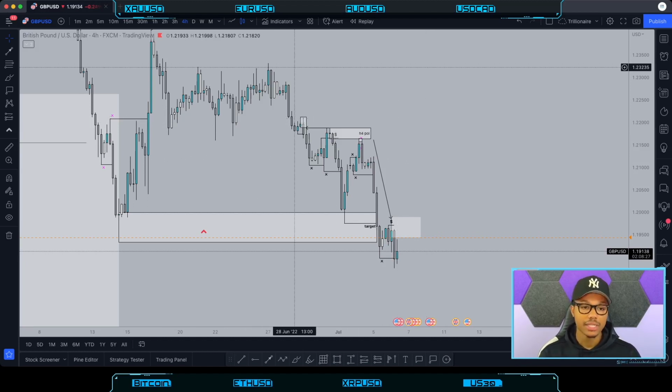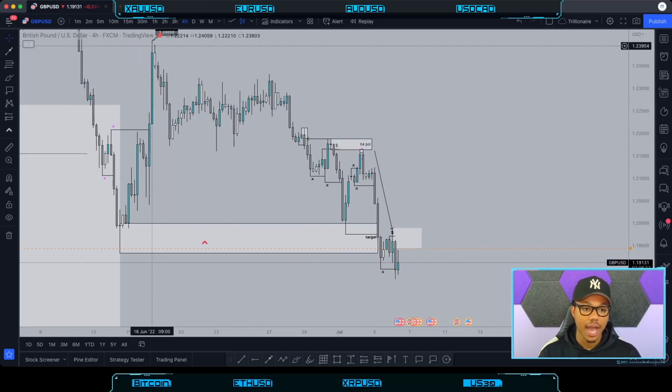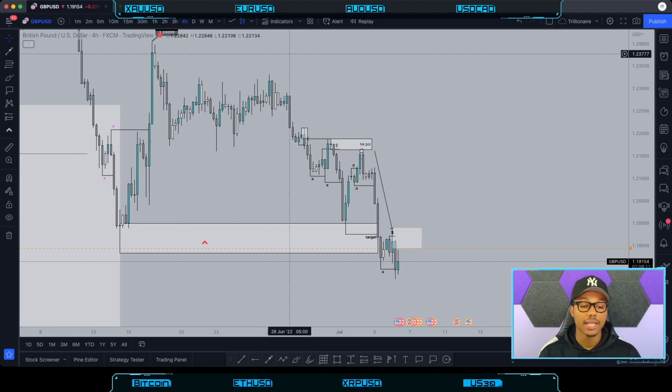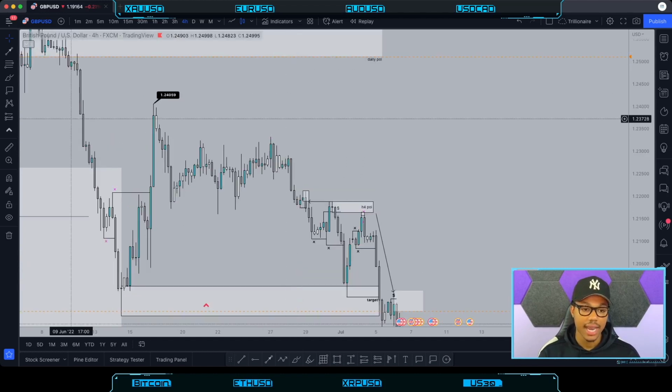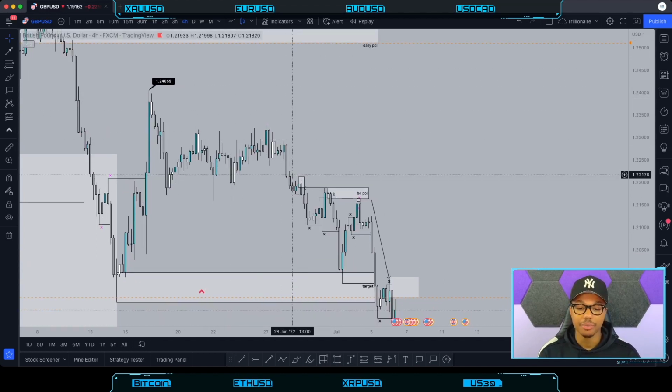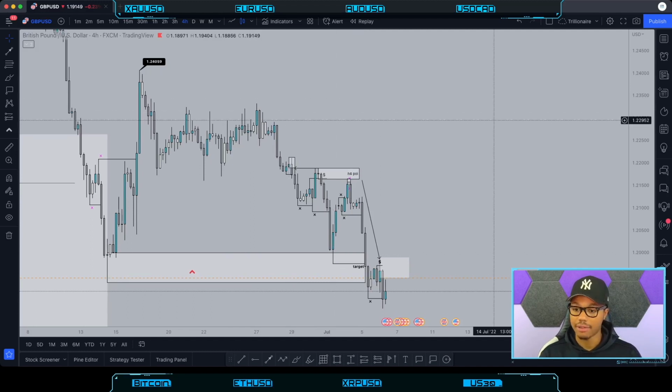So we can see, starting on the H4 time frame with GBPUSD, we obviously had a lot of consolidation up here within this region, a lot of distribution taking place right here within the market. Now, it could have been accumulation if price would have pushed to the upside afterwards. However, seeing as though price pushed to the downside after this consolidation, then we know that this was an area of distribution. Price was essentially distributing orders, running stops in order to push in the direction that we can see